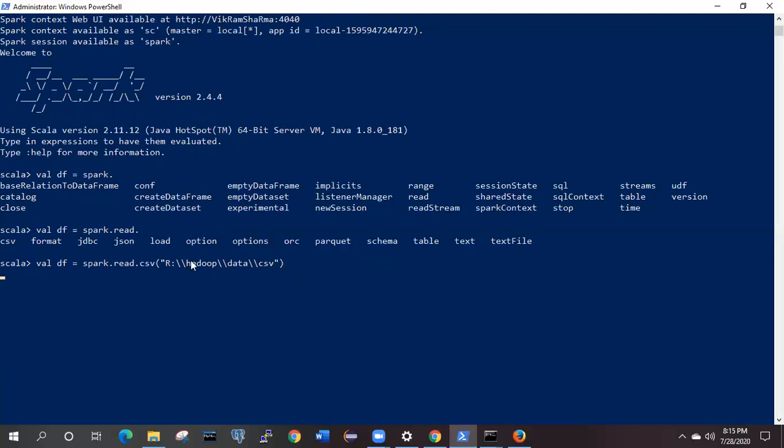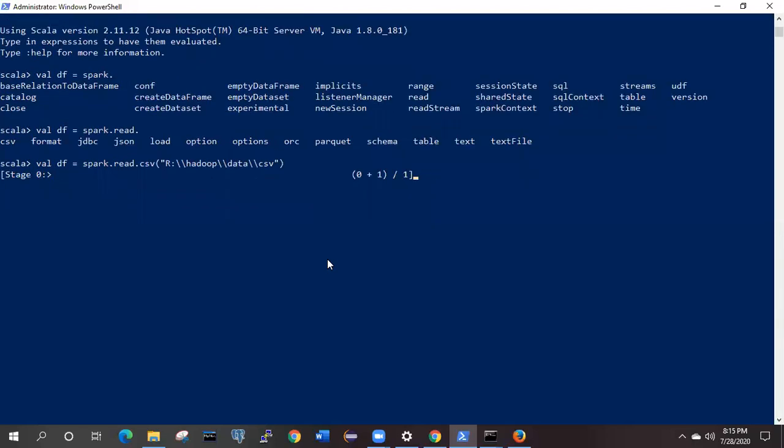Because we have given the path till the directory, we didn't specify any CSV file name. Better I first demonstrate how we can read a single file, and then we can read different locations and files. It is taking a couple of moments to read all the files, and you can see it is reading the different files.